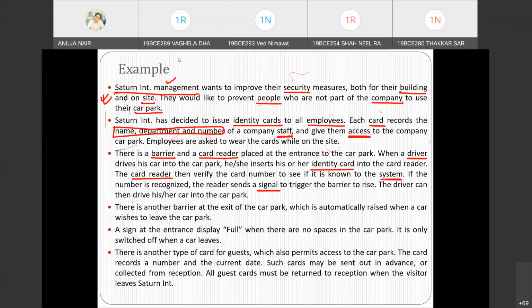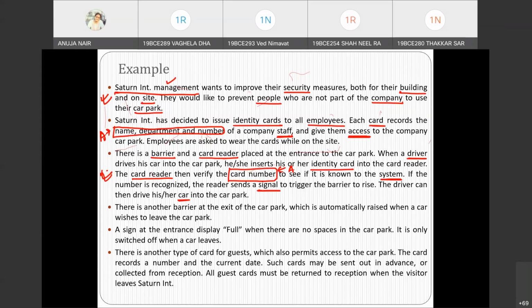Car can have car, but doesn't have any significance over here, but we can take car. Number and all would be its attribute, right? Card number is attribute. This is attribute. This is also attribute. It's not a class. Barrier we have already written, so I think second is done, third is done.